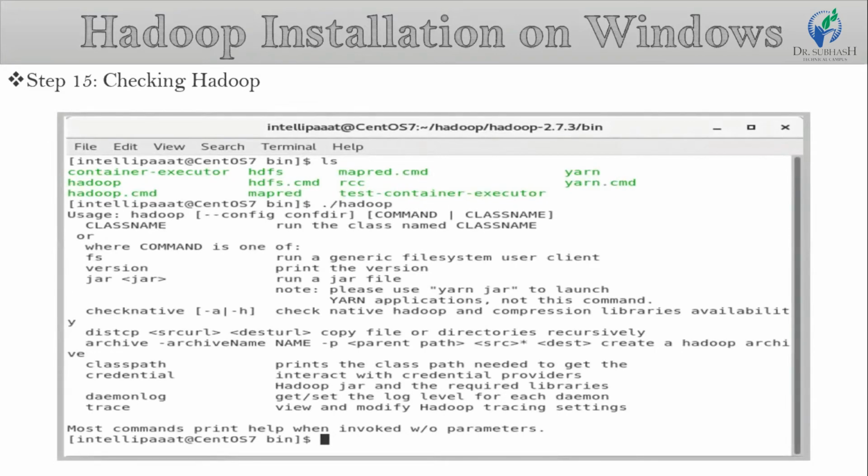Right click on the bin and open it in the terminal. Now write the highlighted command ls. Next, if you see this window, then it means Hadoop is successfully installed.